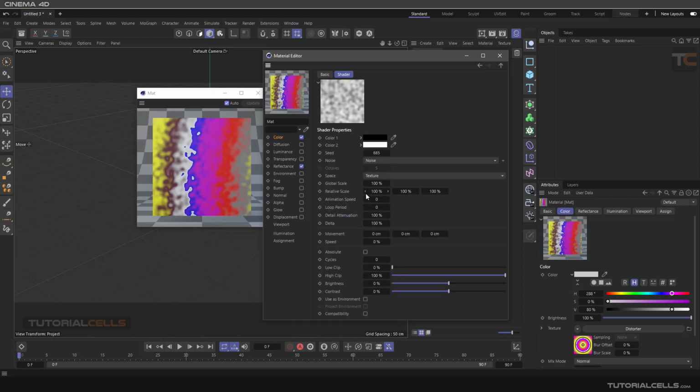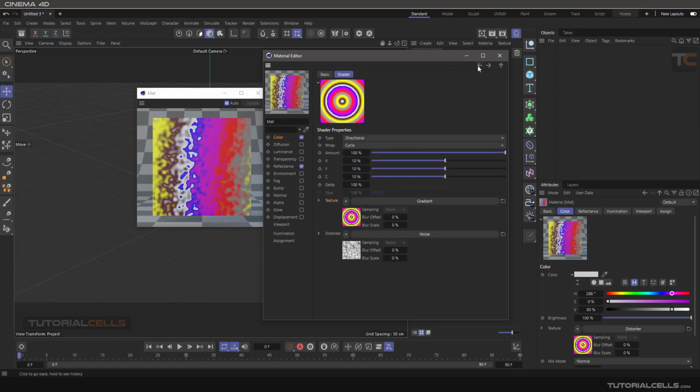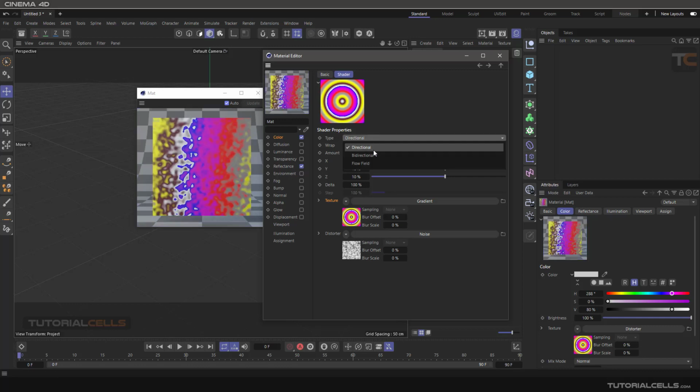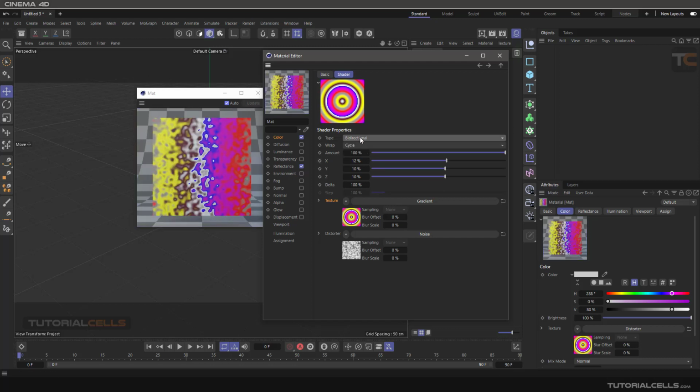Then you can go and fully control the noise here. Based on that noise, you can add animation, speed. I explained noise before. You can add more contrast for better distortion. Interesting. You have full control to distort anything based on which amount that you want, X, Y, and Z axis. You can change which axis you want to distort. Directional or any other type of the distortion based on